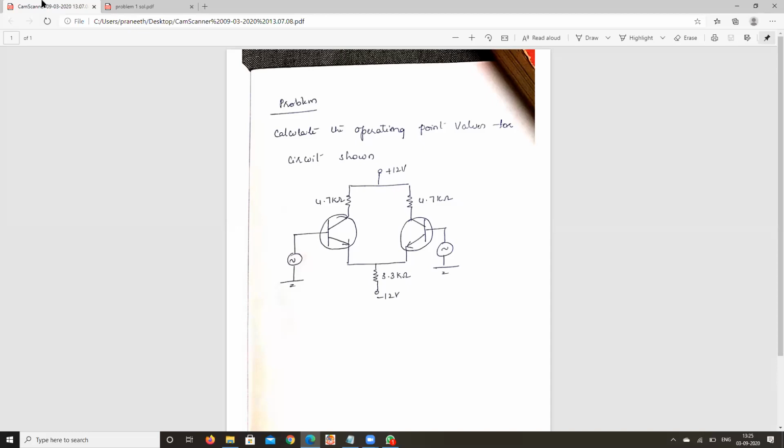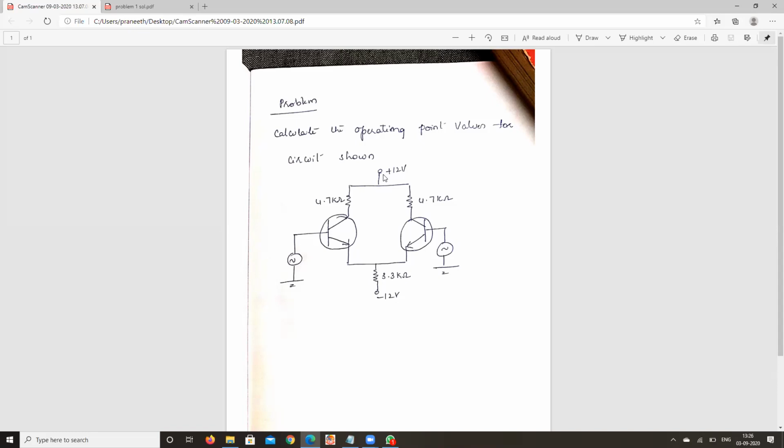So you know what VCC is? VCC is 12 volts. And VBE is again 0.7 volts, minus ICQ. Now you got the value of ICQ, that is 1.7 milliamps, that you are going to substitute there, and RC is 4.7 kilo ohms. So all the values are known here. So simply substitute all these values in your formula and calculate it. I repeat once again the formula: VCC plus VBE minus ICQ RC.